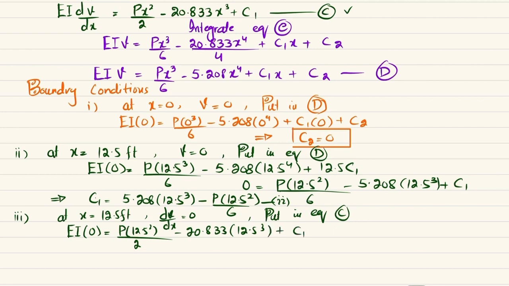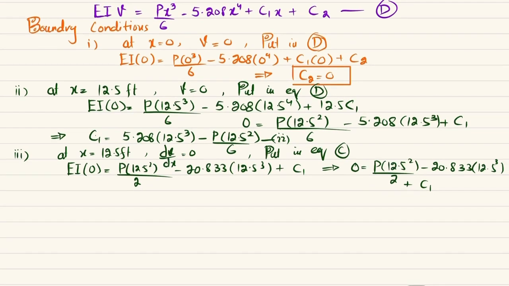plus C1. So here we will get 0 is equal to P into 12.5 square divided by 2 minus 20.833 into 12.5 cube plus C1. Okay, so this is the value of C1. Put this C1 in this equation. So when you put C1 in equation number 3,